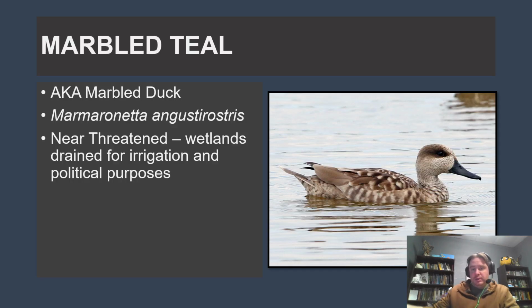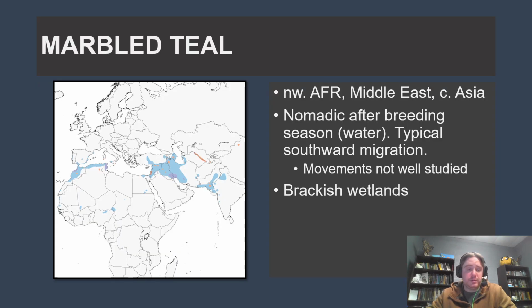There have been, since that time, many efforts to restore some of the Mesopotamian marshes, and some of that work has happened. But that has definitely negatively affected the marbled duck. So the distribution, they can be found in Northwest Africa, in the Middle East, right? That's where your Mesopotamian marshes are over here,